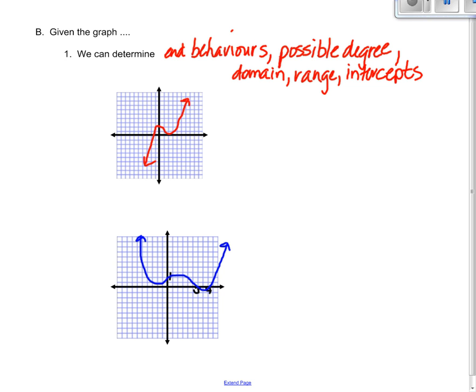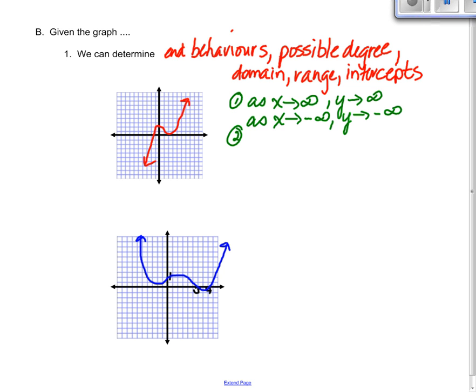So for the first one, let's start with the end behaviors. As x approaches infinity going to the right, our function is approaching infinity. As x is going to the left, our function is going downwards. Possible degree. Following our chart that we filled out from page 85 in your textbook, this is certainly an odd degree polynomial